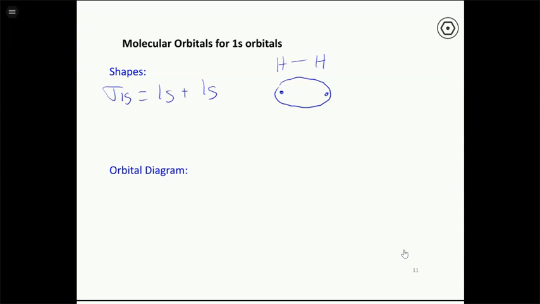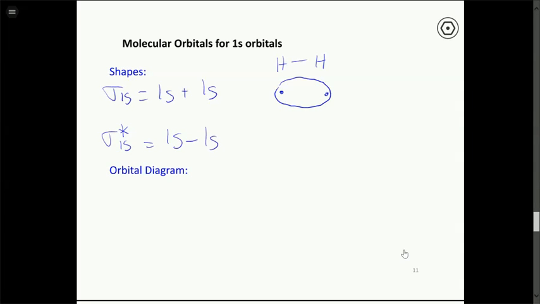Now if we have this additive combination, which we call sigma 1s, we also have the anti-bonding out-of-phase combination, which we call sigma star. And we put a little 1s in subscript to tell us that it comes from a combination of 1s orbitals. And this is going to be the subtractive combination, 1s minus 1s. So what we have here then is the two nuclei, and we're adding the orbitals out of phase. Remember that when we draw pictures of orbitals, we indicate the phase with different colors. So we have electron density with one phase near this nucleus, and electron density of another phase near this nucleus, where we've done a subtractive combination of those, and then we have a node in between.